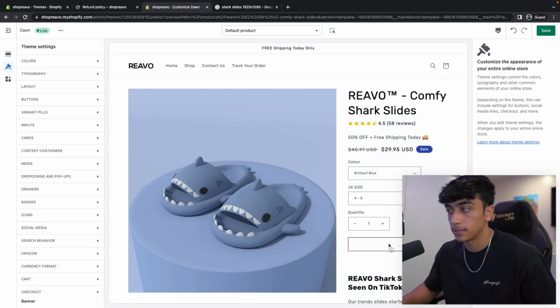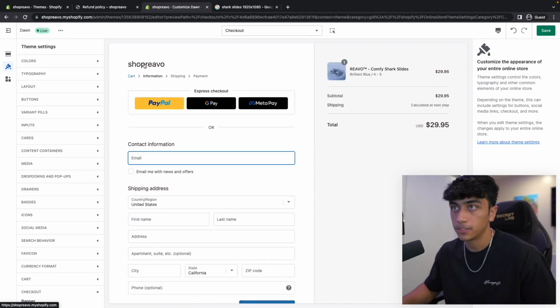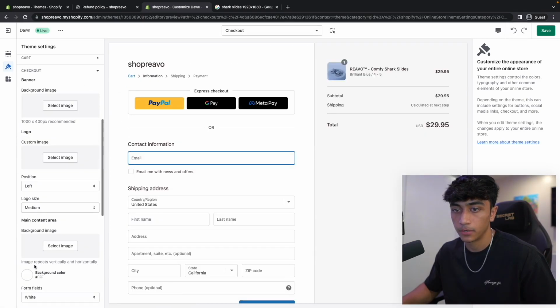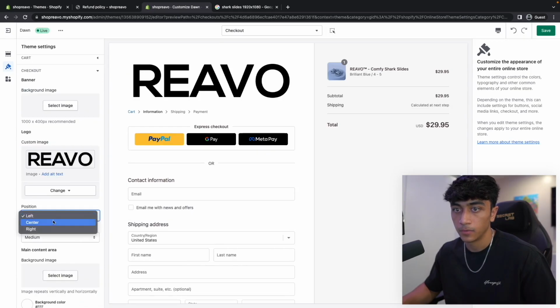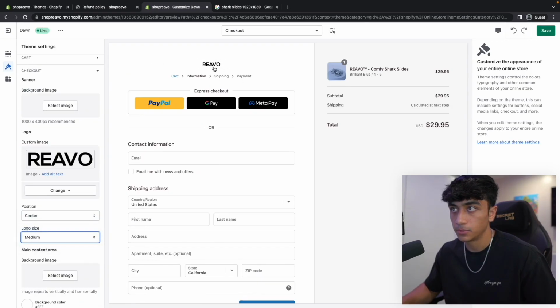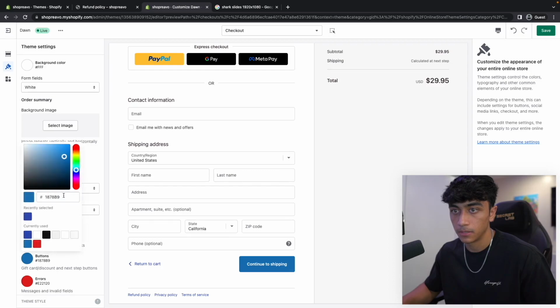What we need to do next is click add to cart and then click checkout. And we want to change our checkout logo. So we're going to go down to checkout, click on logo and select our logo. We're going to change this to center and medium should be good. So we have medium, and change our button colors to what our store was, which was this color right here,